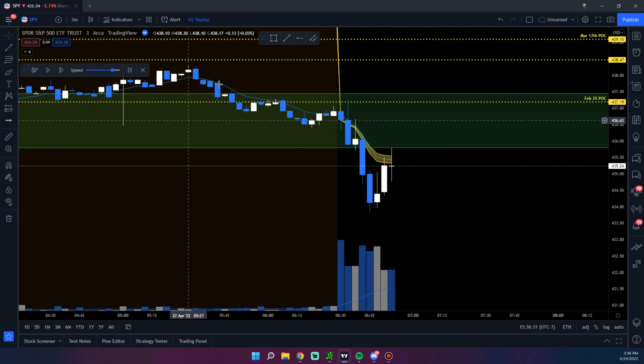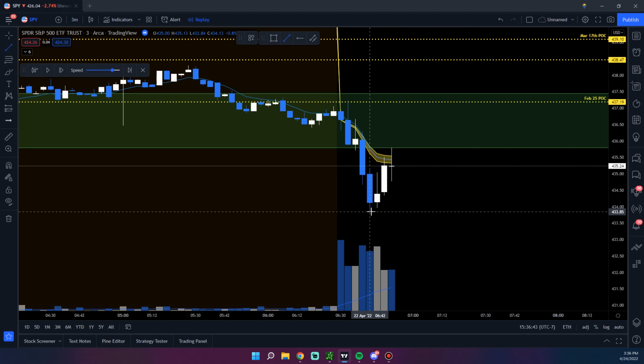Anyway, we're going to do replay on SPY 3 minute. Show you guys basically how I take entries. I haven't pre-planned any of this. I've glanced at the chart, but I haven't looked at it close or in depth. So basically,